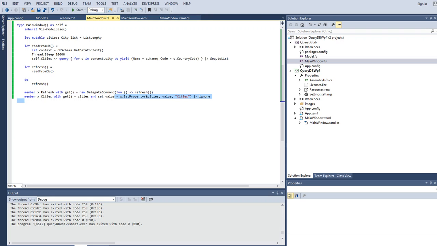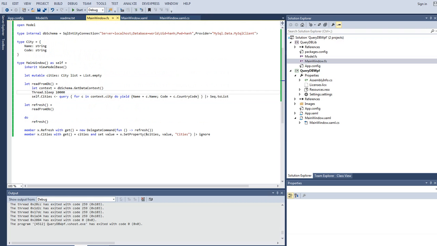It's pretty simple in F#, because they have something called asynchronous workflows, which turn a sequential set of instructions into something asynchronous. To give you an example, all I need to do is put async